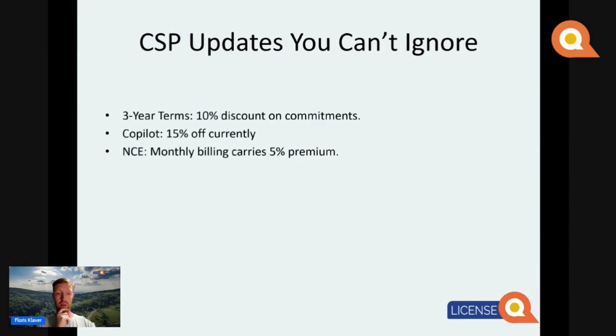Another thing that is interesting to call out, if you're still eyeing Copilot for M365, there's a 15% promotion that you might want to take advantage of. No commitments required, so you can just start and test out a Copilot license within your organization. Obviously, try and find the use cases first before you do anything. But it might be good to get started in the CSP program with Copilot rather than adding it to your enterprise agreement.